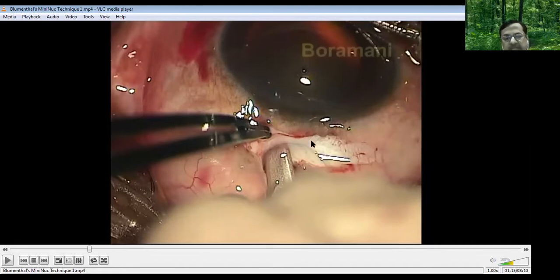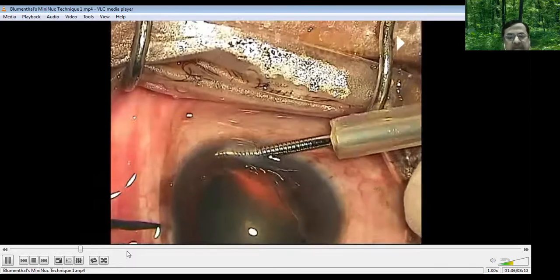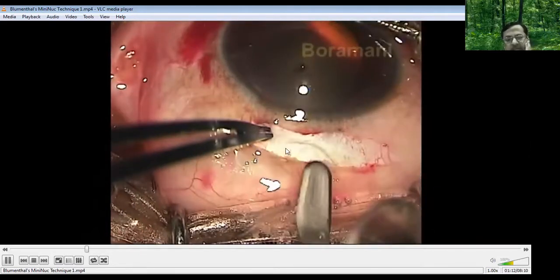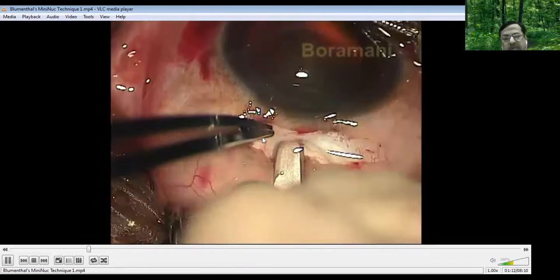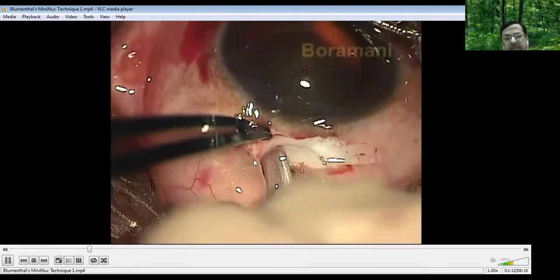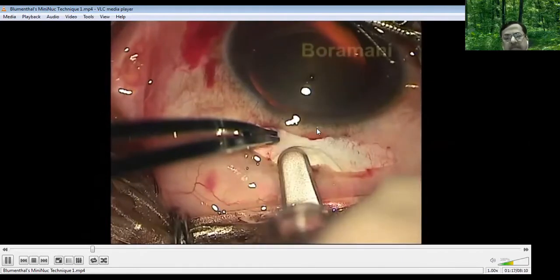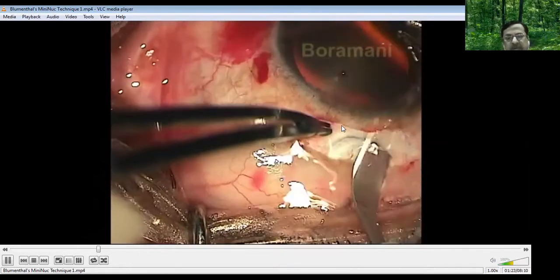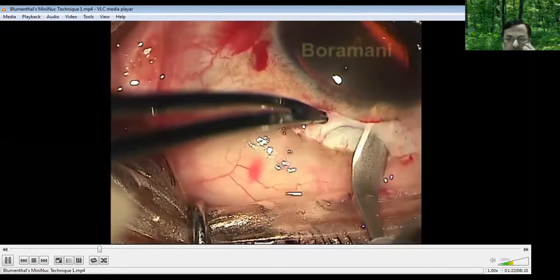Now the Blumenthal incision is a straight central incision, but here I have taken a Frown incision. I start the incision straightaway with a crescent knife. The reason for doing so is that cosmetically this wound looks very good post-operatively. Most of the time the peripheral healing is so good that you feel as if you have done a surgery through a small 2 mm groove. So that is the only advantage. I'm used to this type of technique.